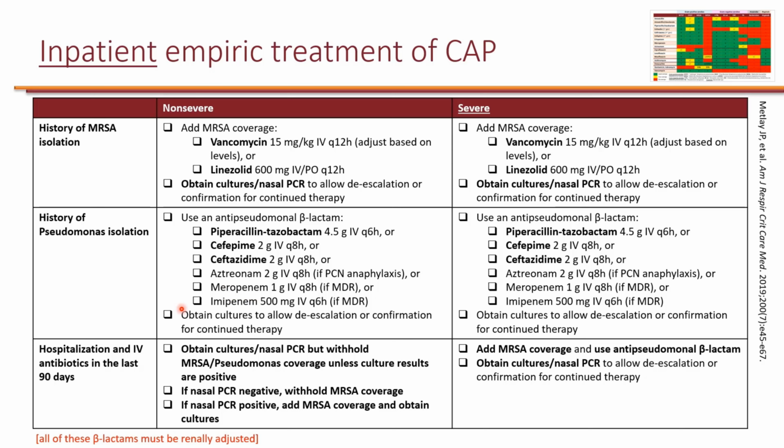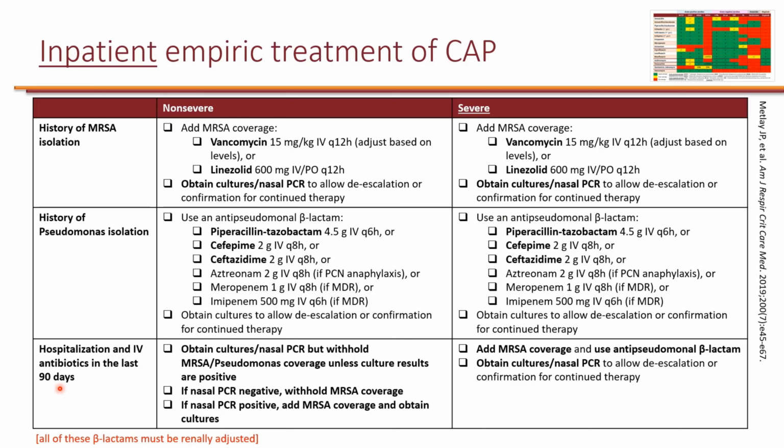Now, it is important to obtain cultures to allow de-escalation or confirmation for continued therapy. In other words, if you do not grow Pseudomonas on the culture, then you can de-escalate these back to ceftriaxone. Or if you did grow Pseudomonas, then you know that you had made the right decision, and then you will continue these anti-Pseudomonal coverage. Now, the same is true for severe and non-severe, so the strategy is the same, it